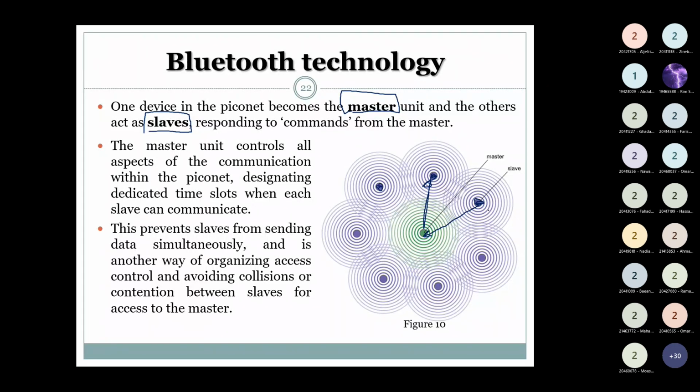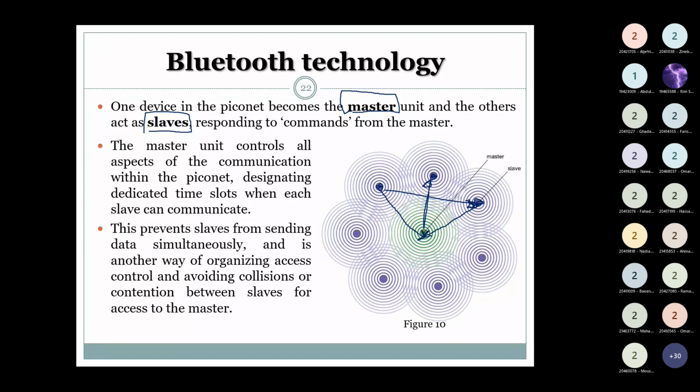They cannot communicate directly so easily because we have a piconet here, with many entities that wish to communicate. So this Bluetooth device will communicate with the master, and the master will control all these communication